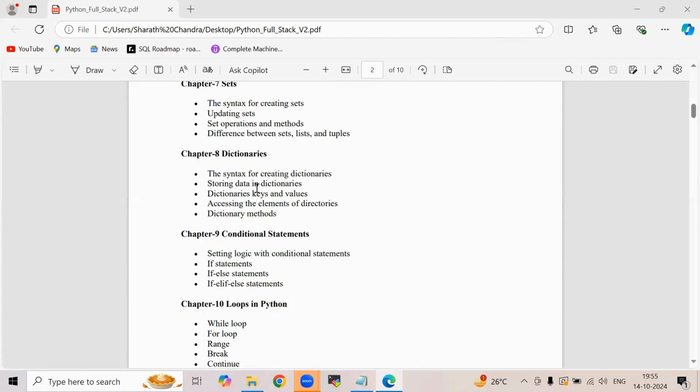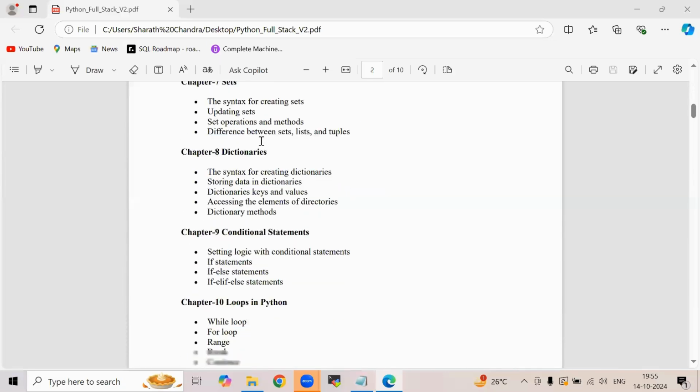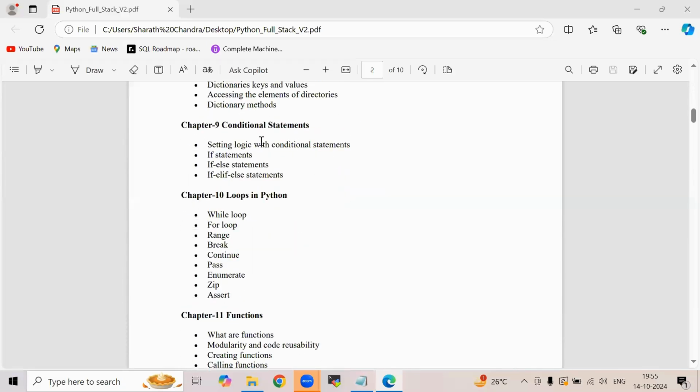So what is a dictionary? How can we access a dictionary, and what methods are available in dictionaries? All those things we will see in the dictionaries case. And once all these data types are over, then we will jump onto the programming. Here, the first and foremost thing is the if statement. So here we will go through the if statement.